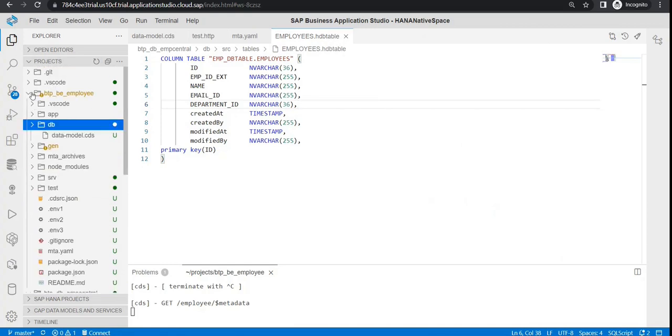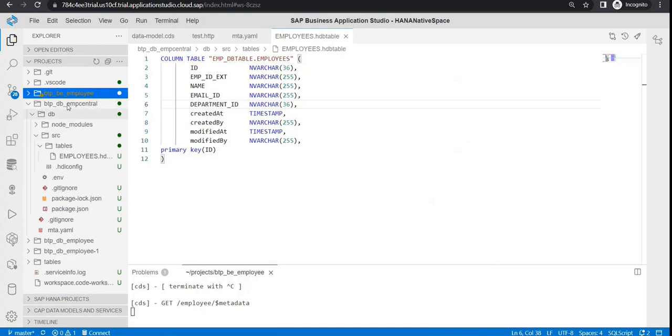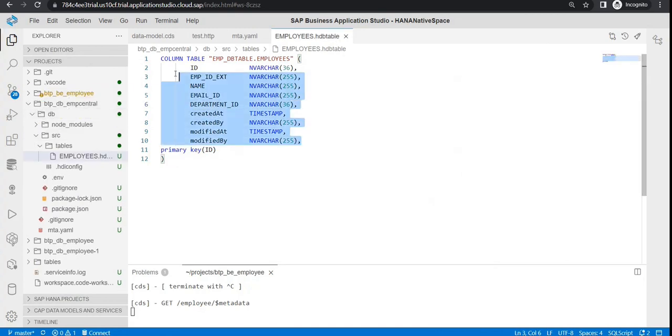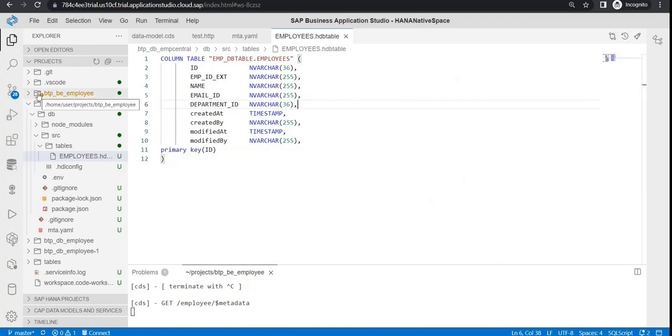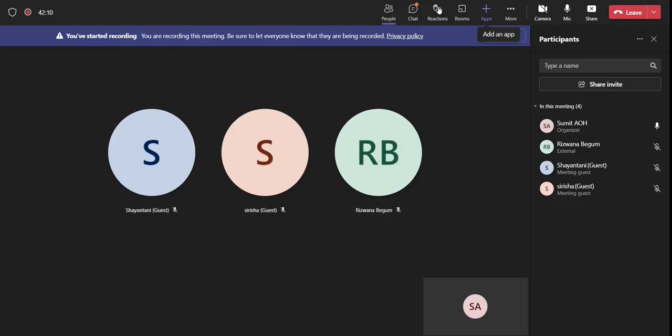This is just the first step in the space of native HANA that would build our database space. We are already working on our controller space, or I can say our application server space. And we would be generating a UI application as well. So if you think of it, we are generating a full